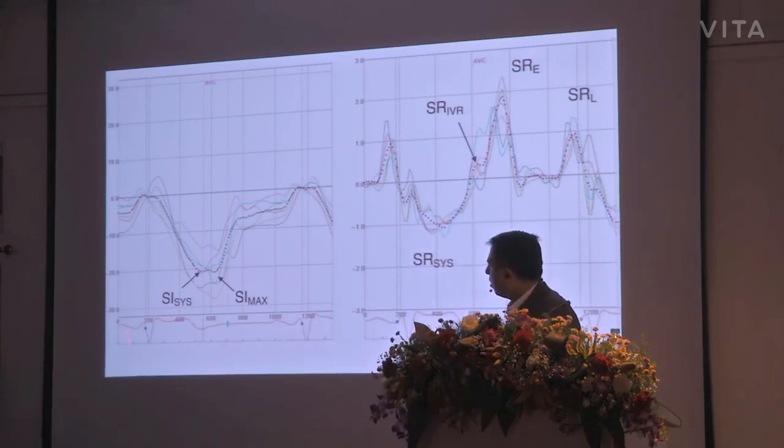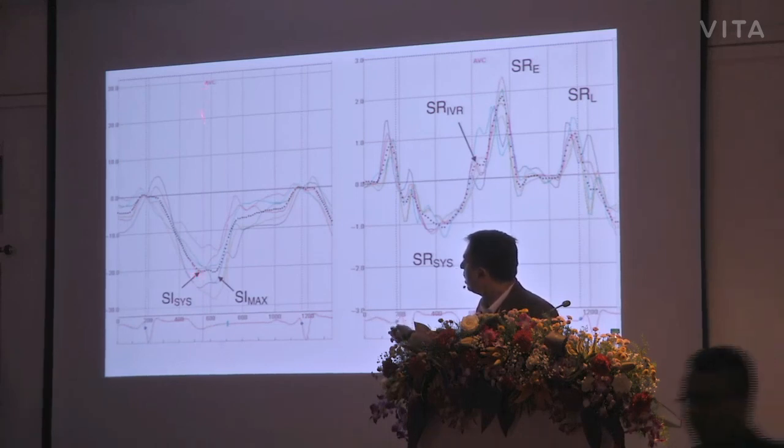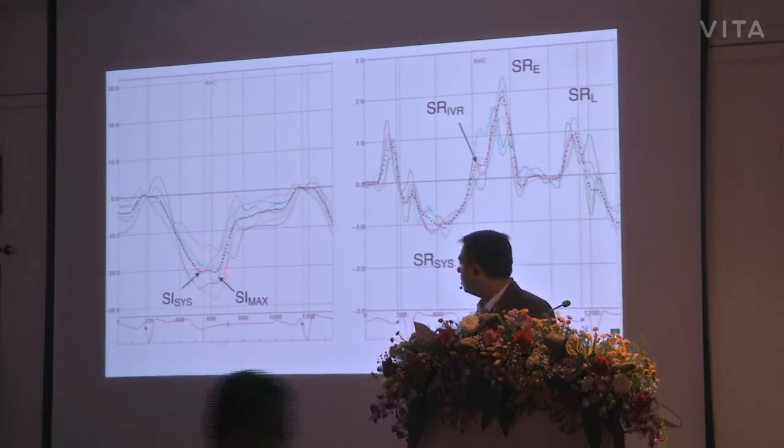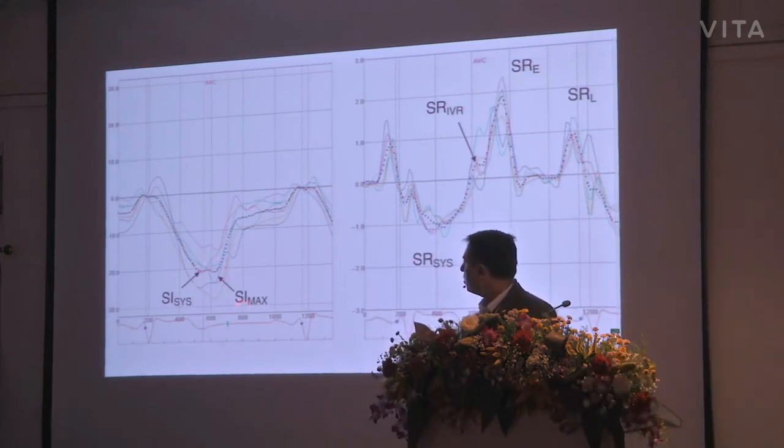Okay. Now, strain is a very simple uniform curve that you see. It's not uniform, but it is at least very simple visually to look at. And you have a systolic strain. So when you mark the aortic valve closure, the strain that corresponds around that time is the systolic strain. And sometimes you may have a deformation or shortening after the end of systole, and that can be marked as